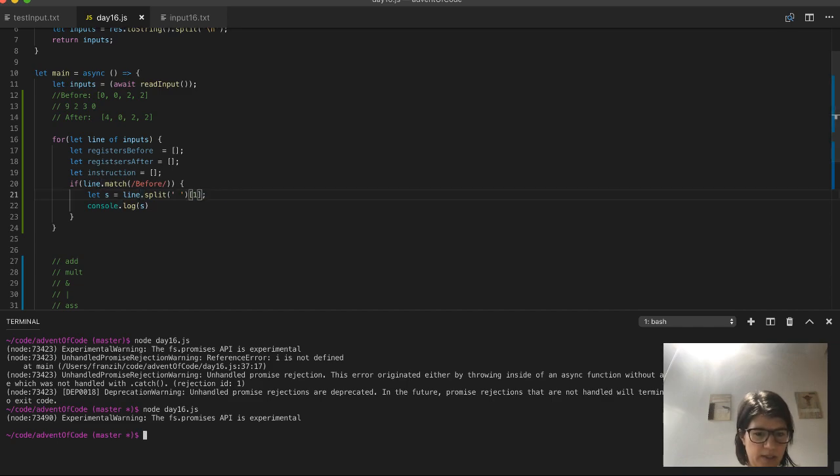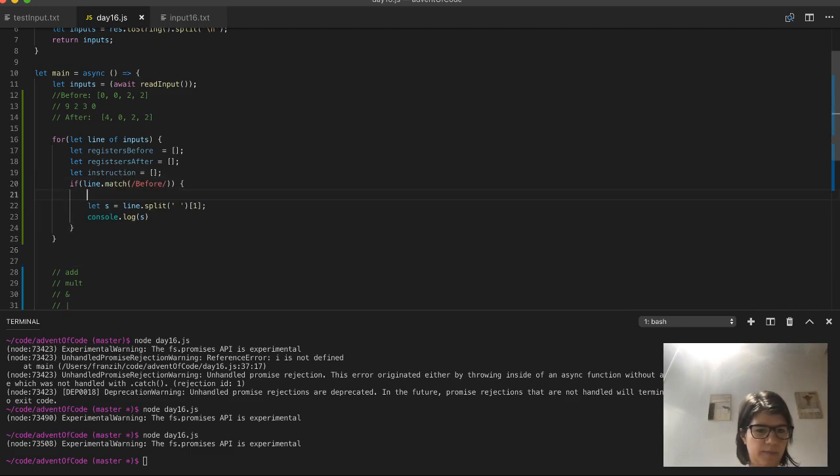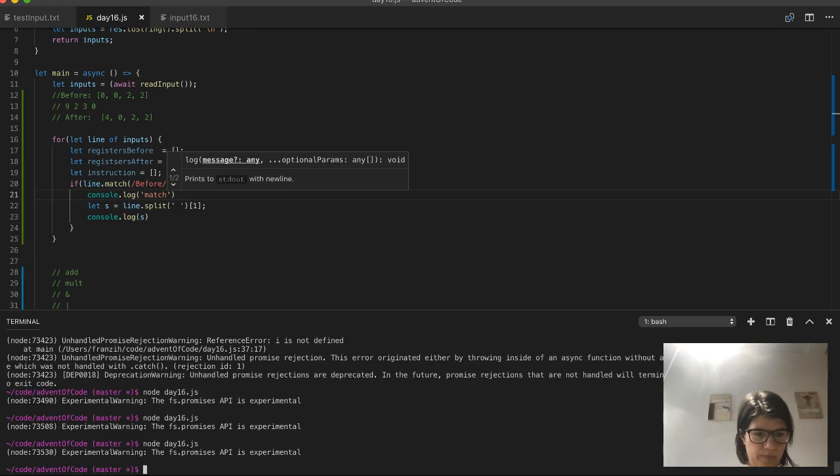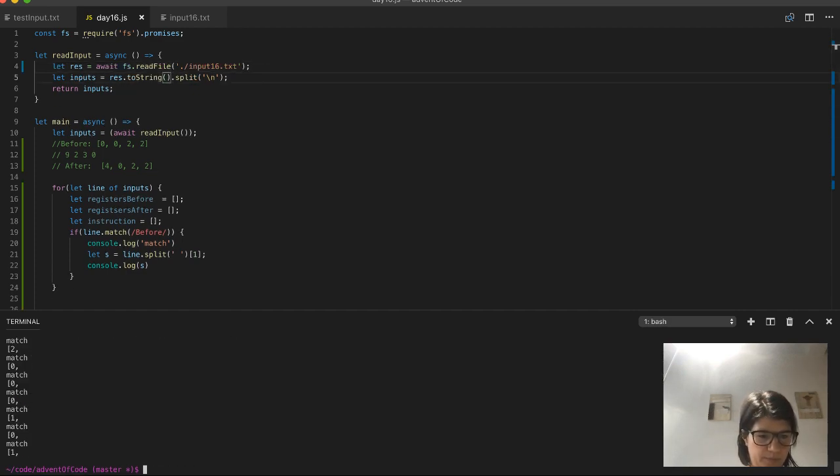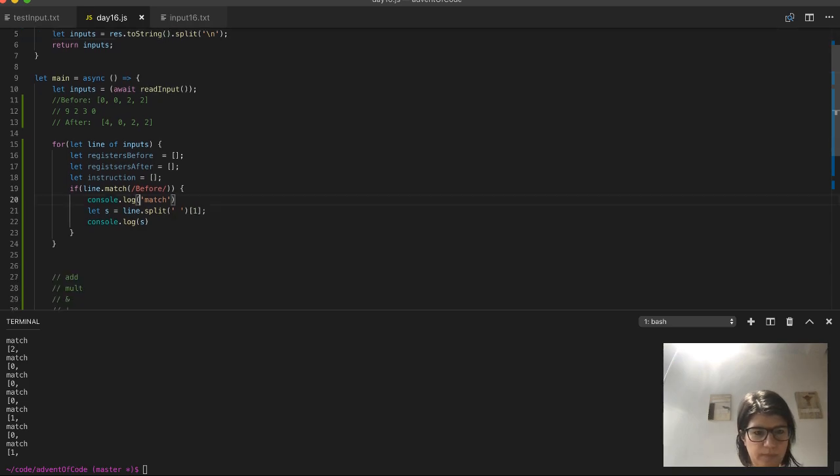Let's leave out the splice. I'm not using splice correctly. Nope, I'm not using split correctly. So it matches as, console.log match. Oh, because I'm using the test input, which in this case we don't have. All right. So the match is, oh, there's more zeros in here. Okay, so we want